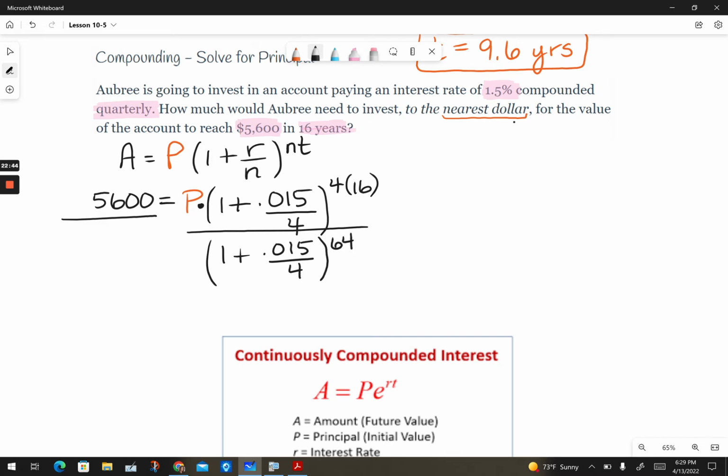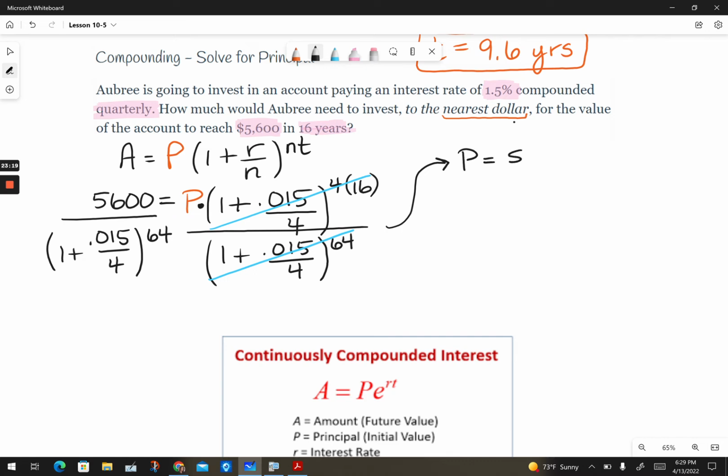So notice that there's no work here to be done other than typing it into the calculator. I am going to assume you know how to do that since we've practiced a couple. When you do this, your P value is going to be, monetarily, if we rounded it to the nearest cents again, 4,407.09. But they asked us, I'm going to highlight it,